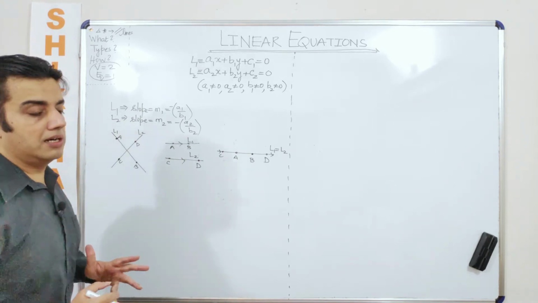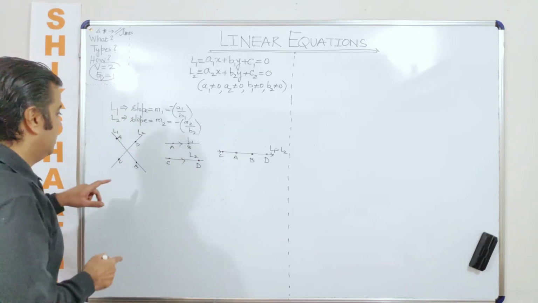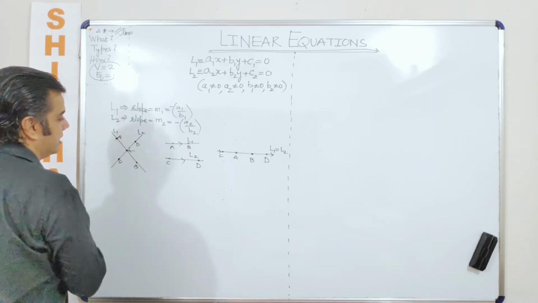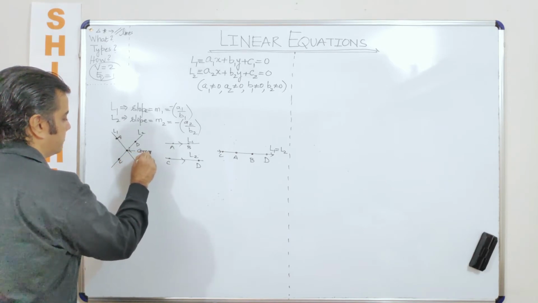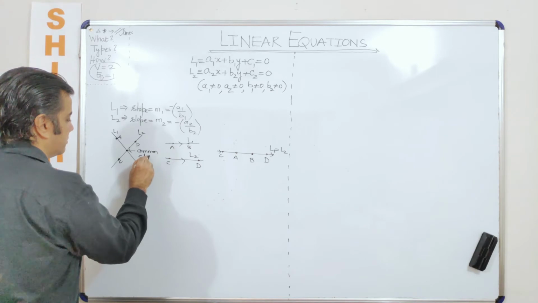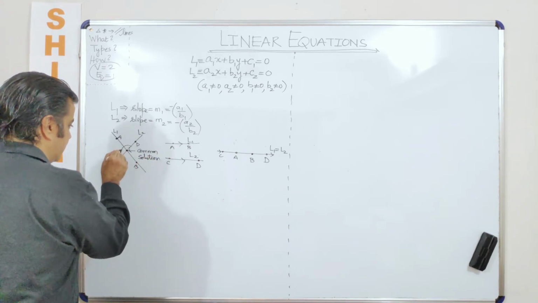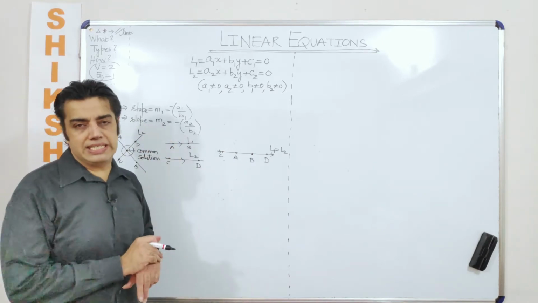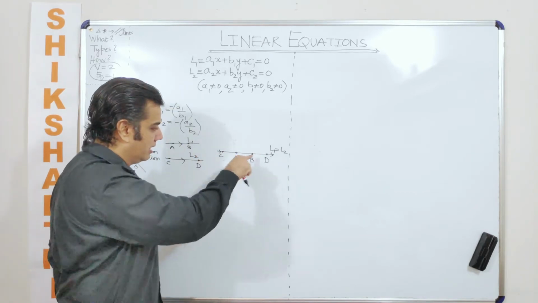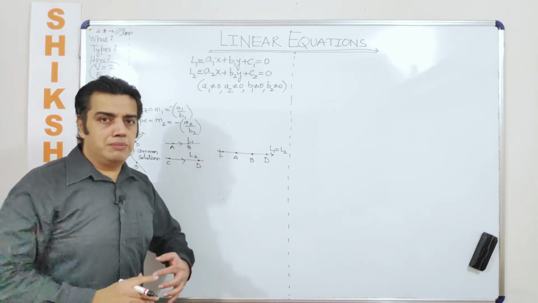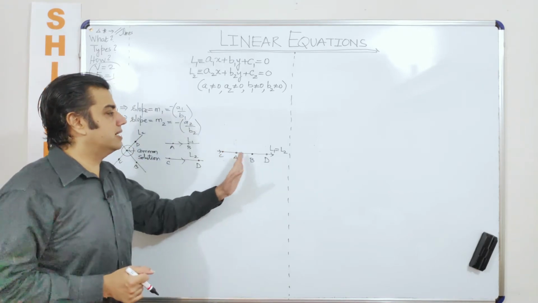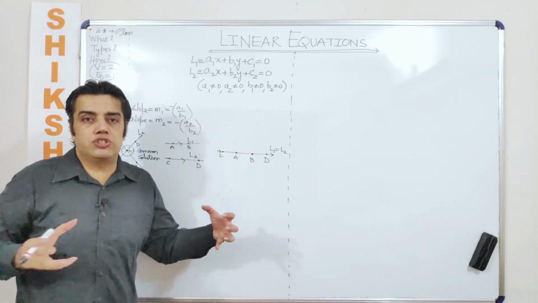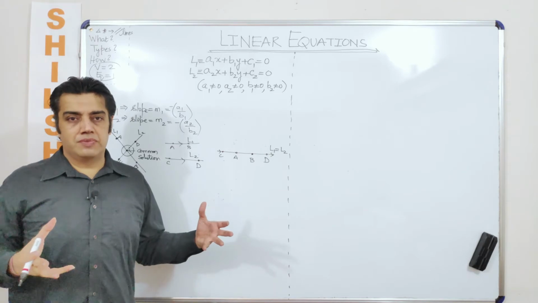So let us see how to get the cases wherein, since they are intersecting, this point of intersection we call the common solution to both the equations. I'm just encircling it for a better understanding. Here you are not having any common solution because the lines are not intersecting with each other, and here the lines are intersecting at these 4 points and much more than these 4 points. I mean, they are intersecting at other points also. So here you are having infinite points of intersection, infinitely many, right?